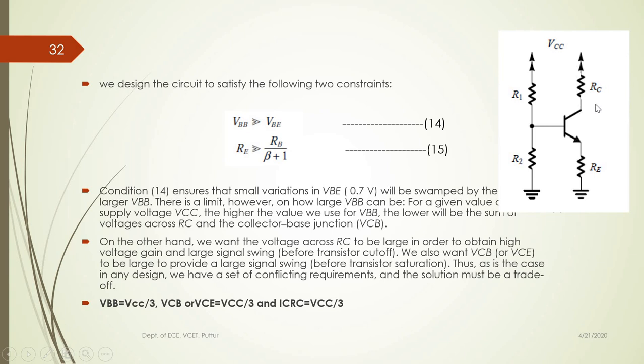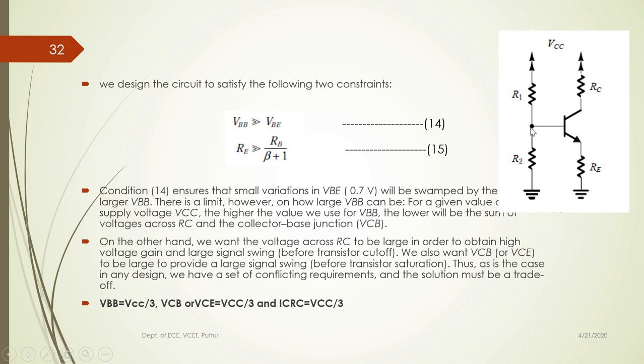But to obtain proper, higher gain, the voltage across RC should be larger. So we need to choose VRC such that it is large enough to obtain the proper gain. If the voltage across RC is more, we are going to obtain the maximum output voltage swing. So for that, there must be a trade-off. What is that trade-off? VBB,